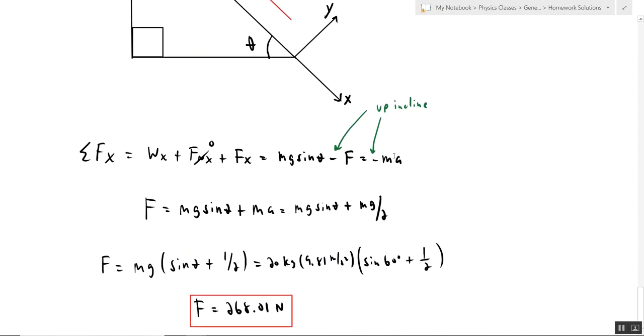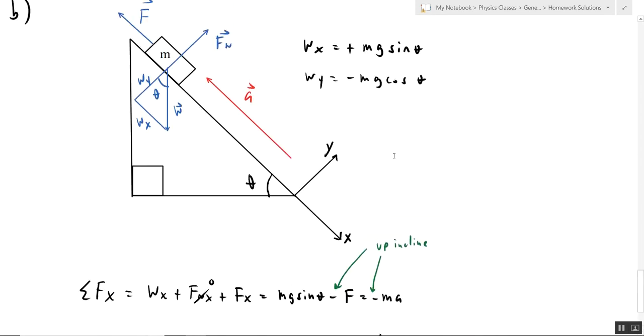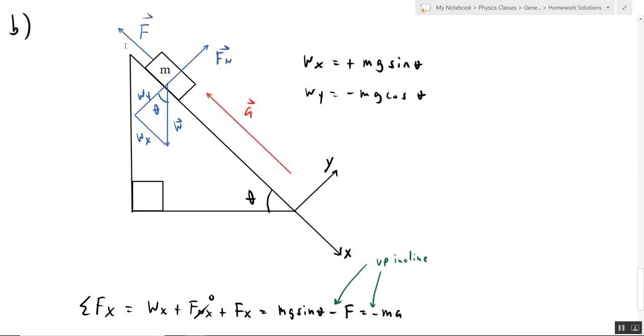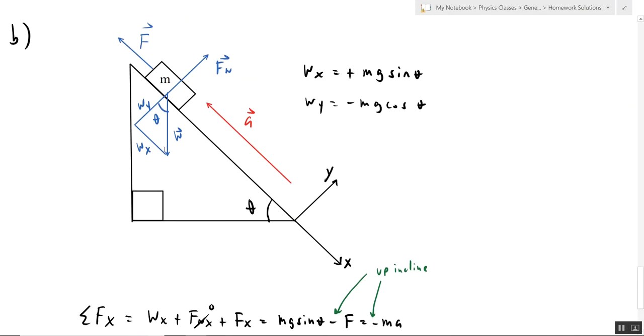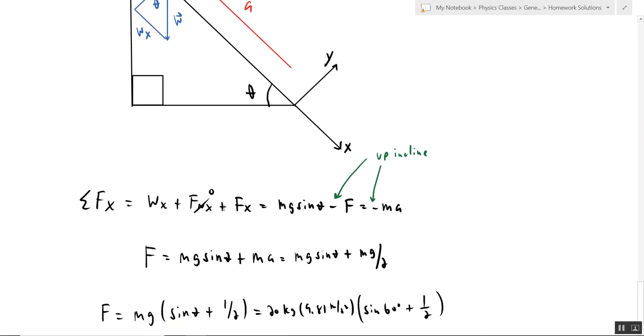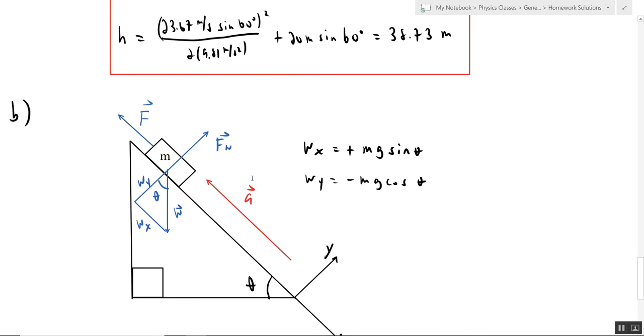So then the next question was, if you're applying a force up the incline and you want the acceleration to be g over 2 up the incline, what does that force need to be? So it's pretty straightforward, right? We know what wx is. It's mg sine theta going down the incline, so positive x. So if the force is applied up the incline, this is a negative force in the x direction. So in the x direction, you have mg sine theta minus f,